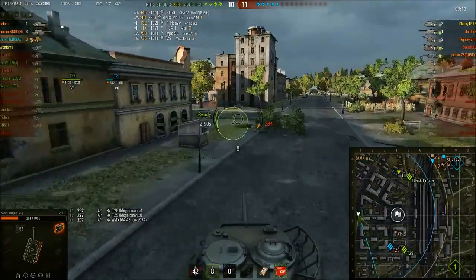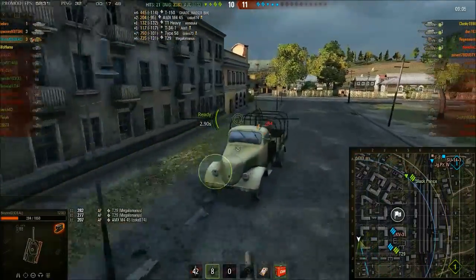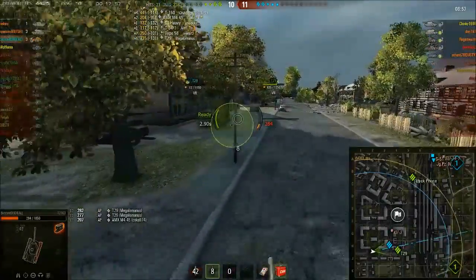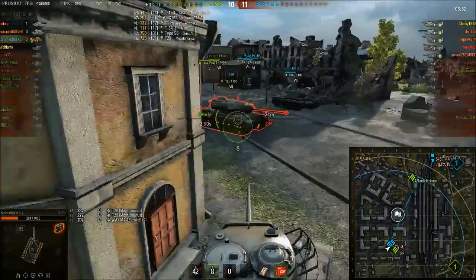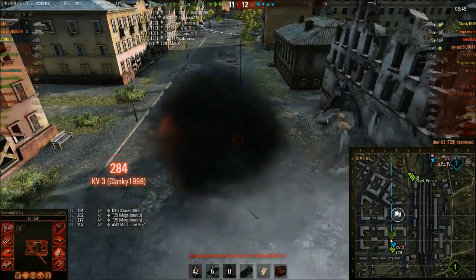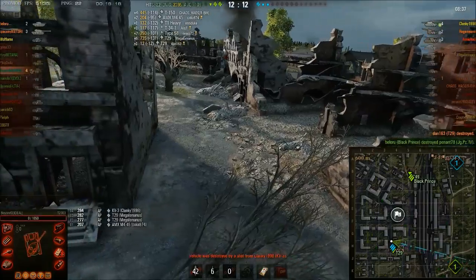T-29 takes out the KV-1, but he's got 2 enemy tanks moving in on him. So Beyond has come down to assist. Friendly T-29's got plenty of health. Oh, Beyond fails to pen the side of the T-29, but the rate of fire allows him to get a second shot in, and okay. Well, unfortunately, that didn't go quite to plan, but Beyond did